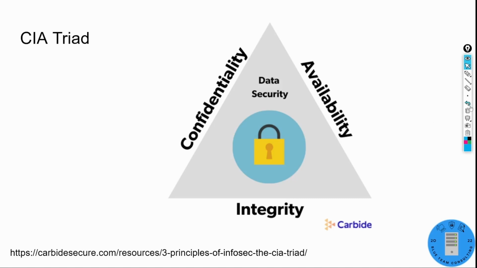Now we have the CIA triad, or the CIA triangle, and this is definitely something that will come up on an exam for the rest of your career. C is for confidentiality. So this is how much your data is protected from being potentially exposed, how much your sensitive data is secured. You think about data exfiltration, leaving your network. How well is your data protected when it comes to the level of security within your organization? Is it maintaining its confidentiality? Do they have the right